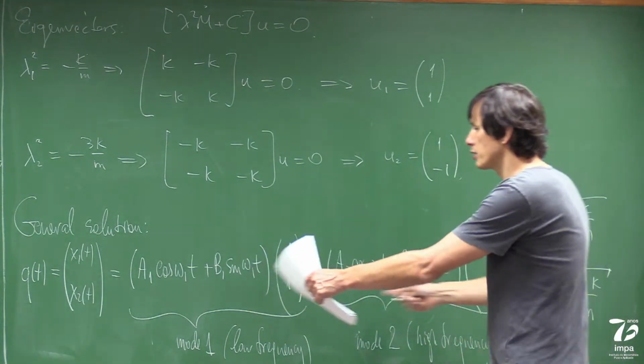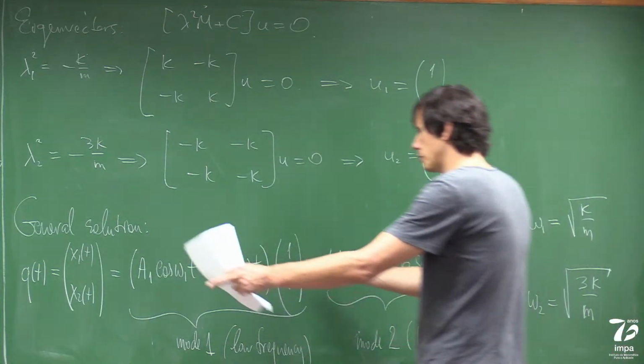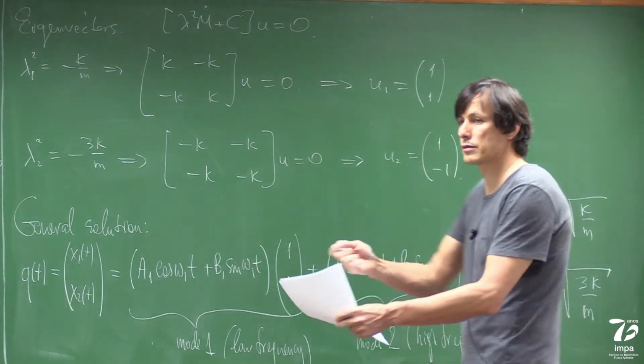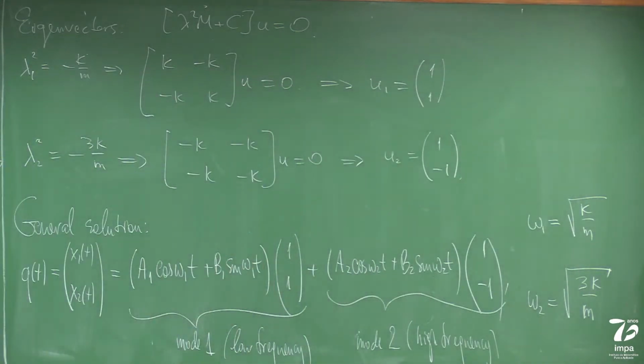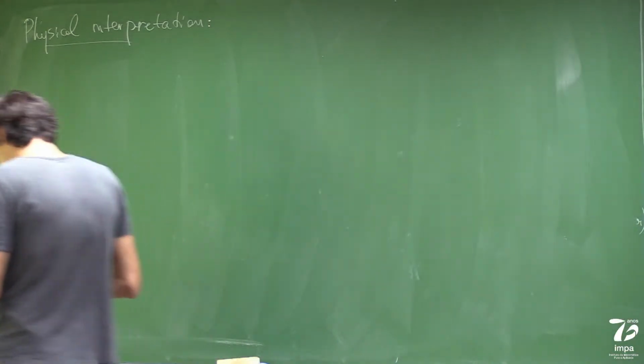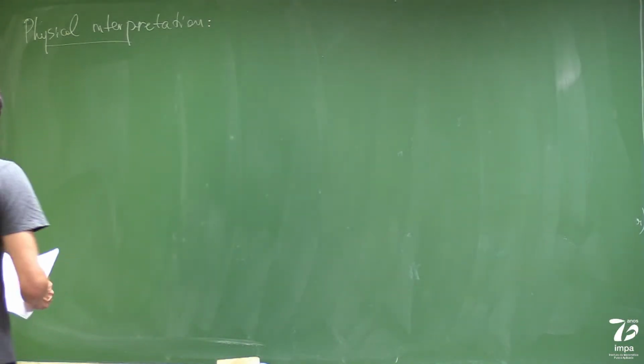Already the sum is not periodic anymore, because you see they have an irrational relation, since one is square root of 3 times the other. So together they are not periodic, but there is a periodic motion plus a periodic motion, and then you get a superposition of the two, the sum. So let's just consider separately one solution and separately the other solution. So the mode 1